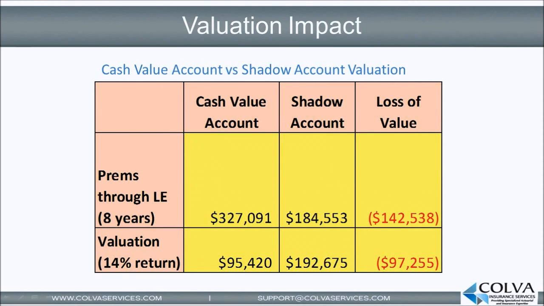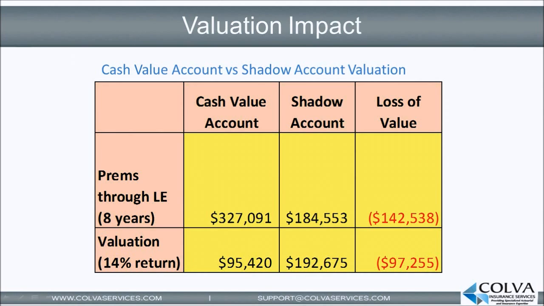So now let's go ahead and look at the impact on valuation of using cash value account premiums that come from these industry pricing software models as opposed to the true minimum premiums that would come from shadow account optimization. So we can see here in the first row that even if the insured lives to the LE of 8 years, by using only the cash value account premiums as opposed to the true minimum premiums of the shadow account, the life settlement investor would end up spending $142,000 more on premiums. As you might imagine, this would significantly lower his return as well as his valuation ability to offer competitive prices